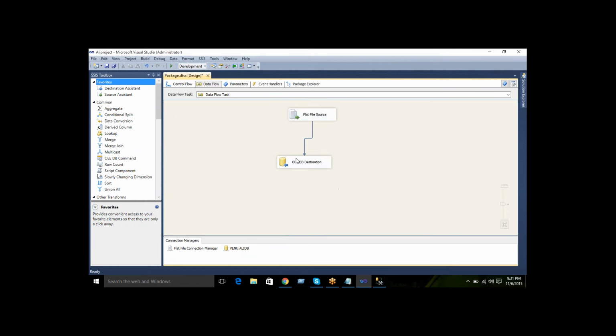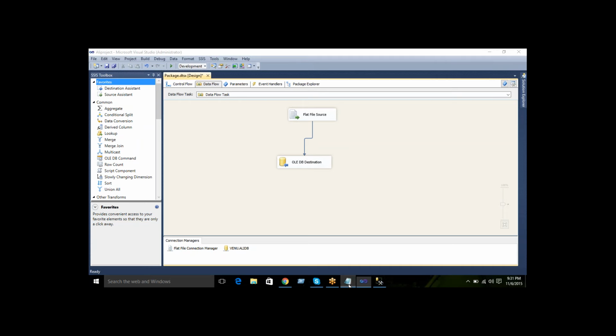Just execute your package. So these are the connection managers of your plot file, and these are the connection managers of your OLEDB. Don't worry, I will explain this when we do one package, and at that time it will be easy to understand. This is just for information purposes about the connection managers. I am just creating this package. Don't worry, once we start the packages, we will explain very clearly.